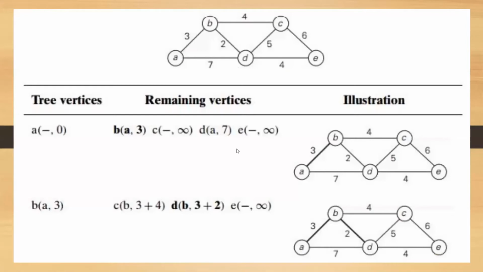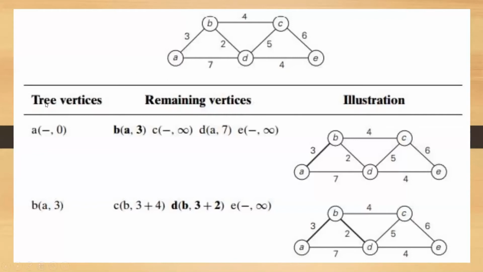Let us consider this example. Observe that the graph contains 5 vertices, and these are the edges and the weights associated with each edge. Let us assume that the starting vertex is A. In the problem, the starting vertex will be given. If the starting vertex is not given, use the common convention that in ascending order, A comes first.